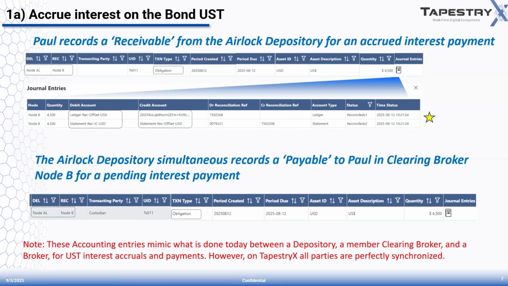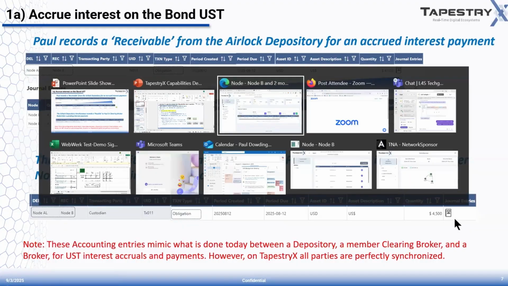Now on the flip side, in the contra transaction, the airlock depository is simultaneously recording an obligation of the payable from node airlock to node B. So they have a receivable and a payable. So these accounting entries mimic what is done today between a depository, a member, and a clearing broker for US Treasury interest accruals and payments. However, on TapestryX, all parties are perfectly synchronized so that the transactions are agreed before they're processed. Now if we go and look at the system itself, and I'll flip to the system,